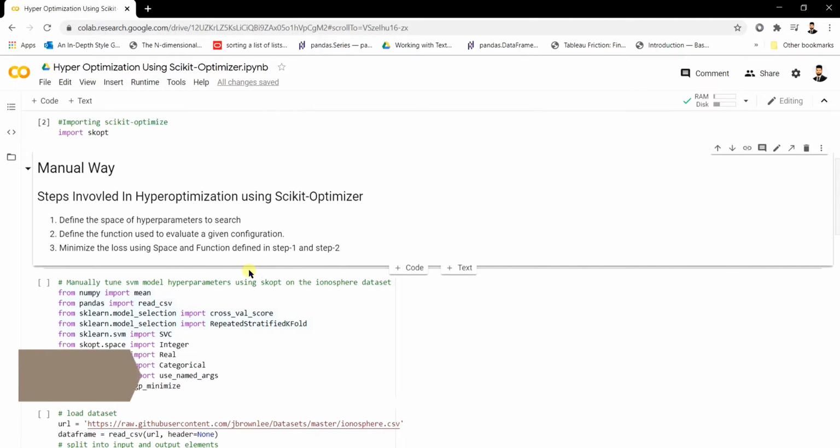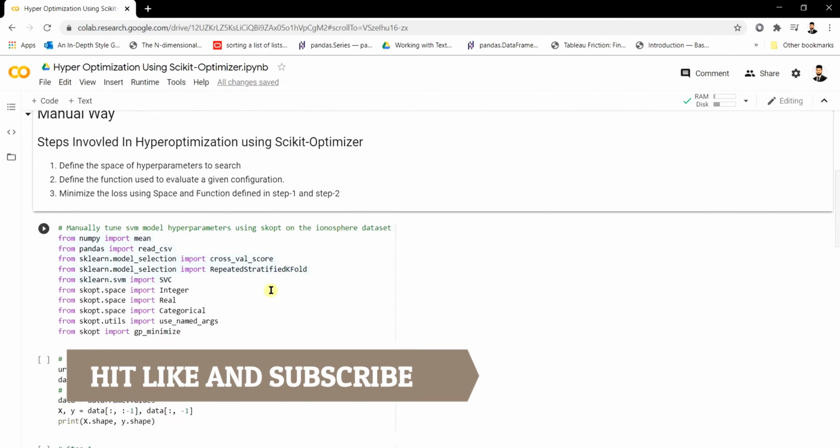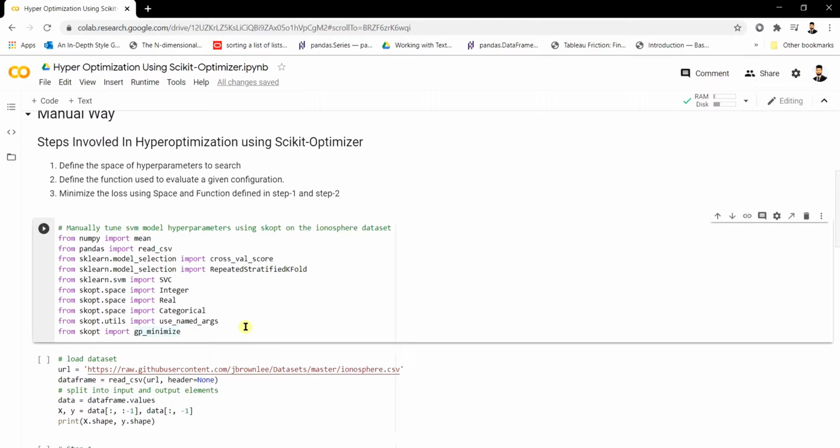Before proceeding into the implementation, let us import a few of the important libraries which we're going to be using for this lecture. We're going to use NumPy and import mean. We're going to use pandas, and from there import read_csv. From sklearn model selection, we're going to use cross_val_score. From sklearn, we're going to import RepeatedStratifiedKFold.